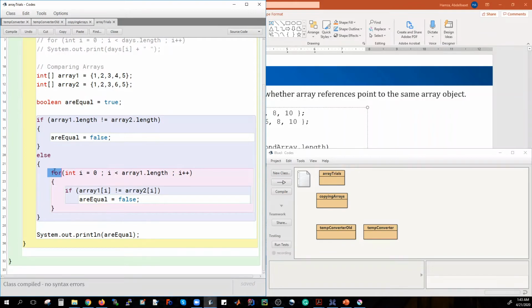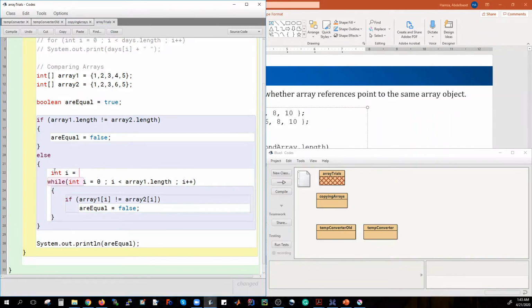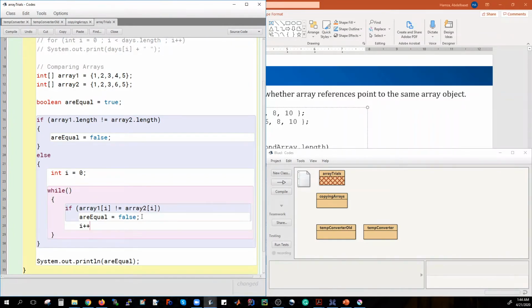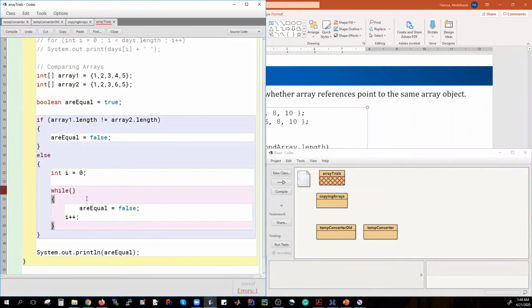So while here, I'm going to move the int I is equal to 0 outside, and then I'm going to say my condition is, all right, while I, so here I'm going to move this here also. I will have I plus plus. All right, so here, and then my condition is that as long as the I haven't reached the end of the array, so while I is less than array 1.length, for example,